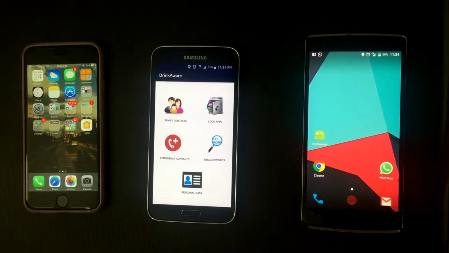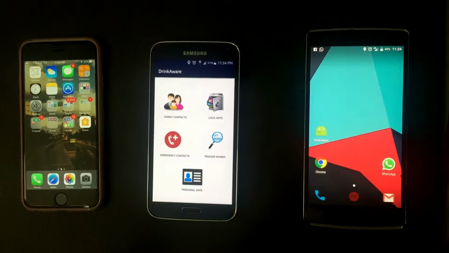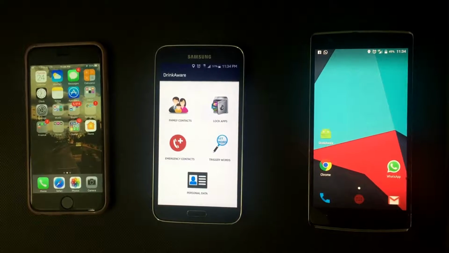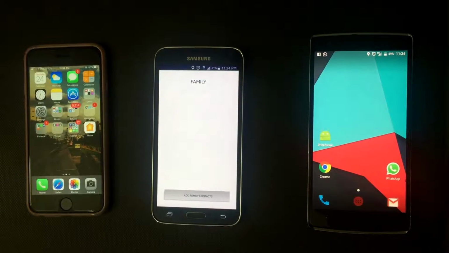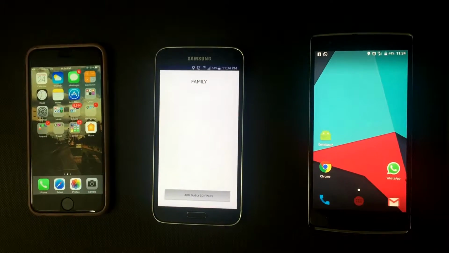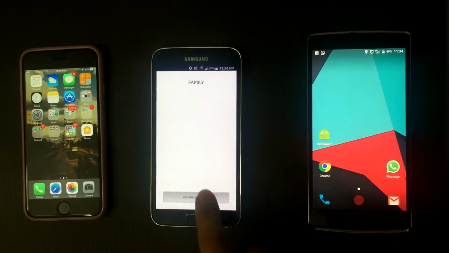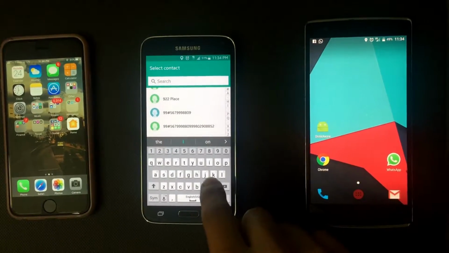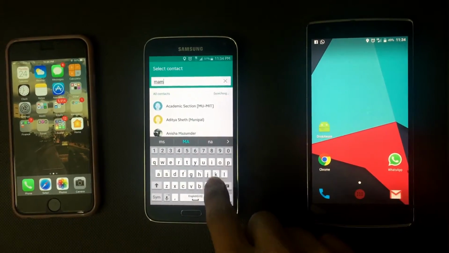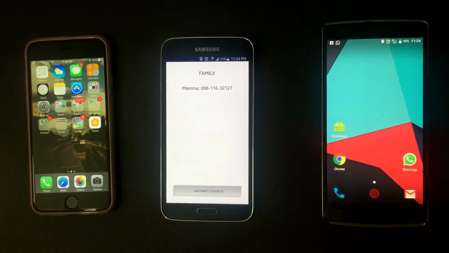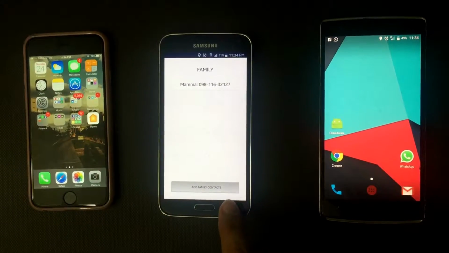Now I will run through the different tasks we have here. Preparing of this home screen was one of our tasks. Now I'll go ahead and explain family contacts. Upon opening family contacts, a new screen opens up which lets you add your family member. I will demonstrate this. Upon clicking the add family contact number button, I can add a family contact here. As you can see, I could add a new contact here. So this was one of our tasks.